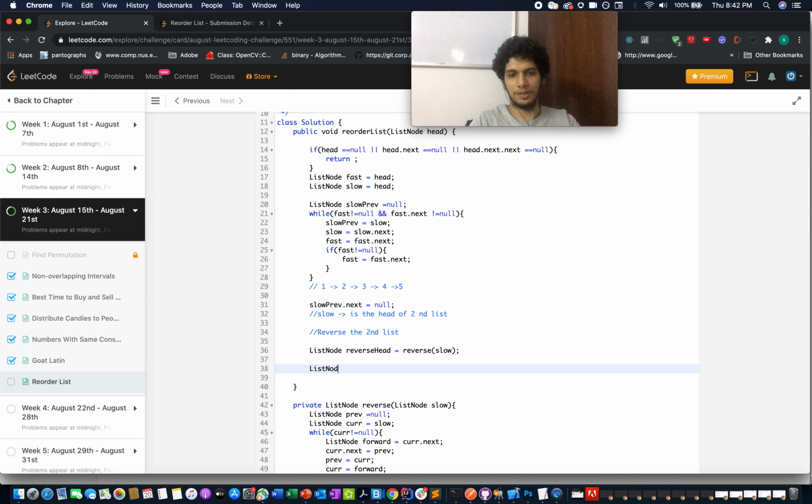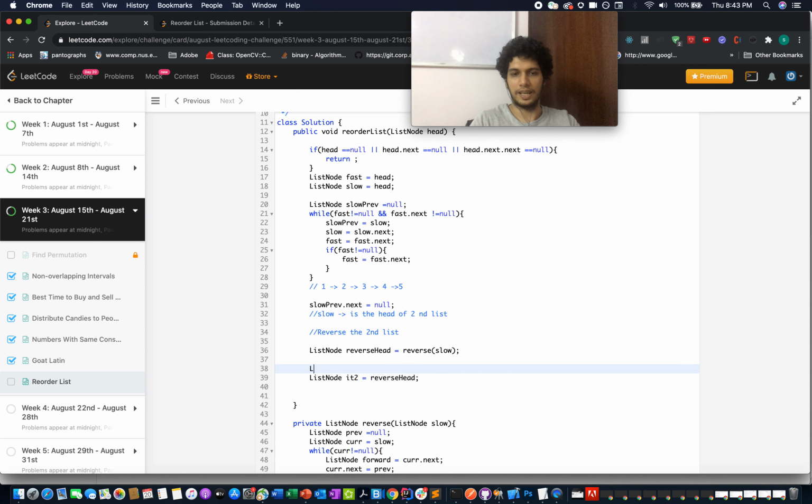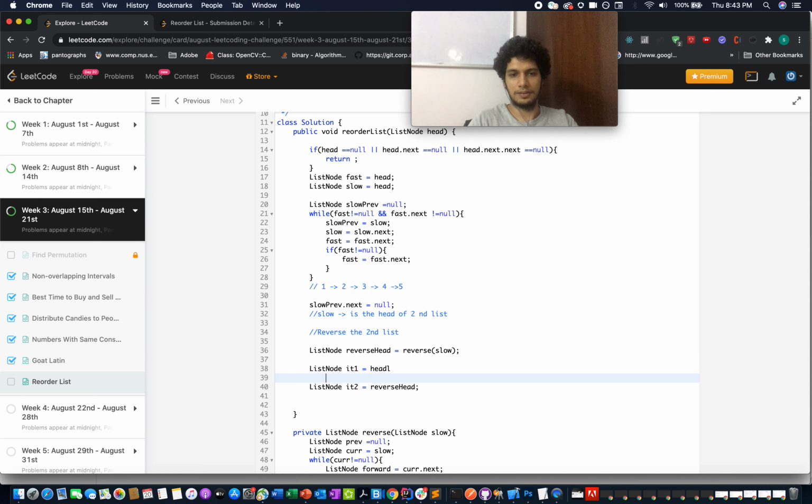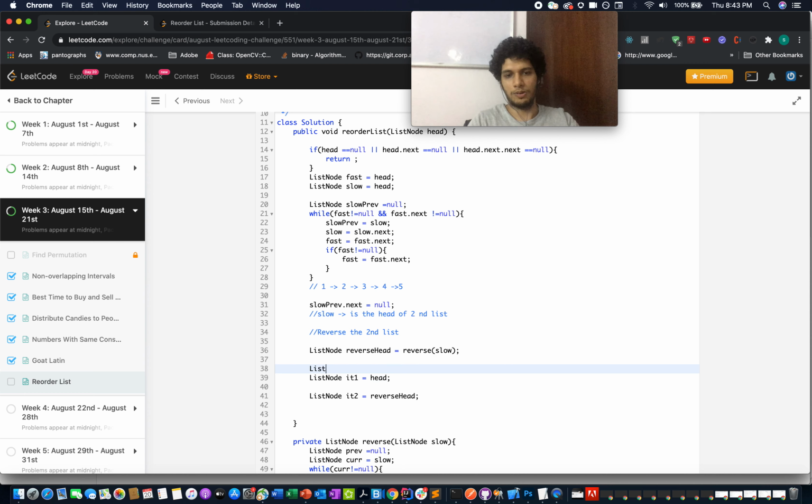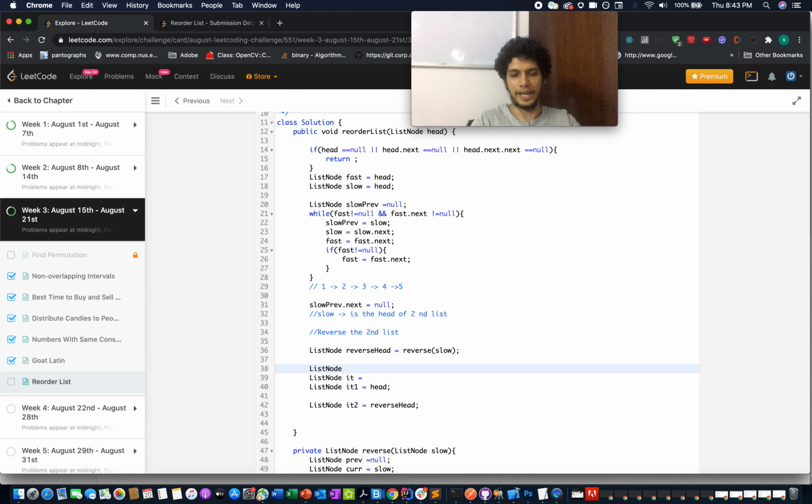So you'll be using two iterators, it2 equals reverse head. This is your second list head. List node it1 will be equal to head, because the head of the first list remains the same, and you'll require another node for iteration, it, which will be equal to the head of our new list, merged head equals new linked list.